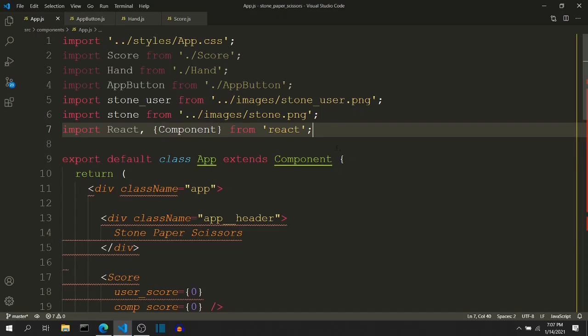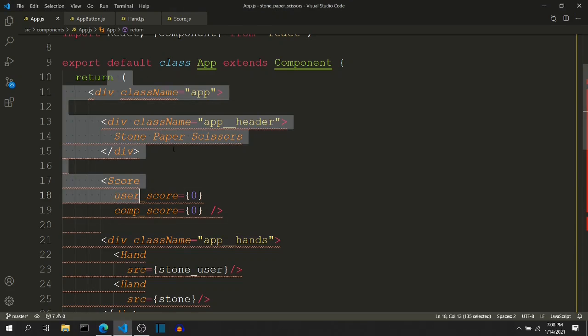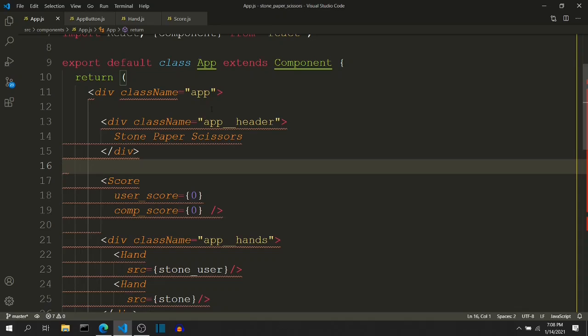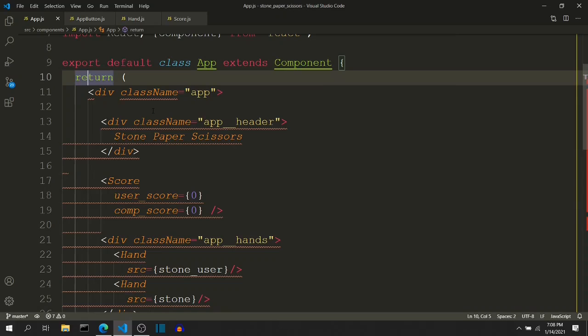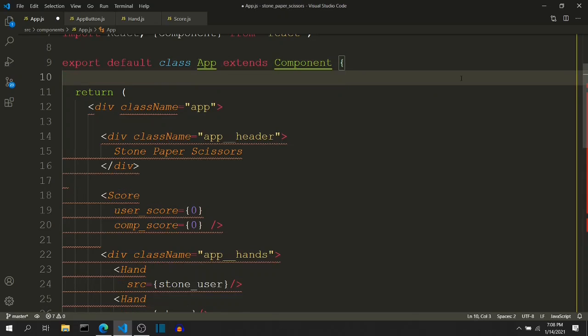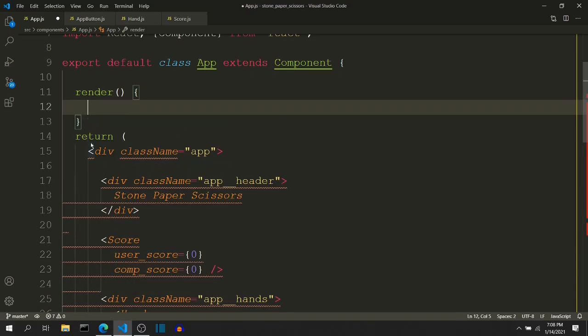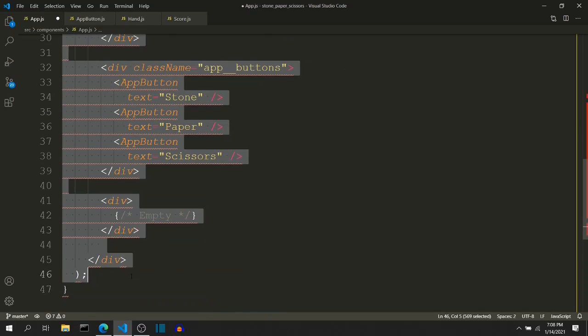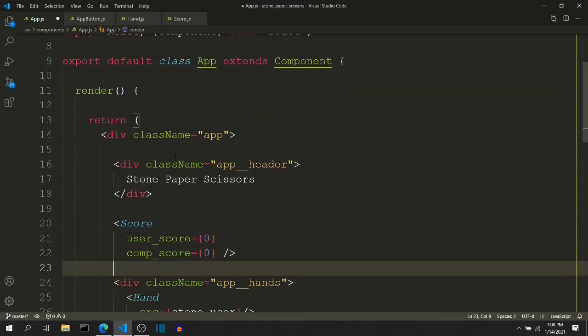So once this is done, now let's focus on this error. Now this will lead to an error because of all the red lines over here. As you can see, this is a class and not a function, so it should not return anything. It should have some class methods inside this. And to tell React how to render this component, we want to define that method. So I will define this method render, and inside this render method I want to return all these JSX that I want to render. So if I move this line inside, as you can see, the errors have gone.